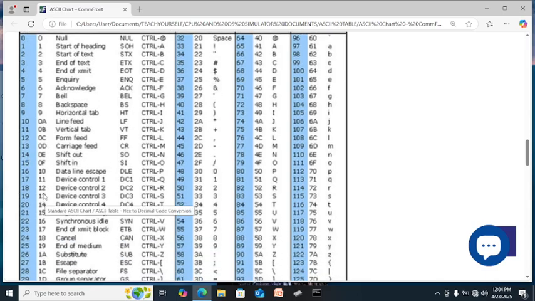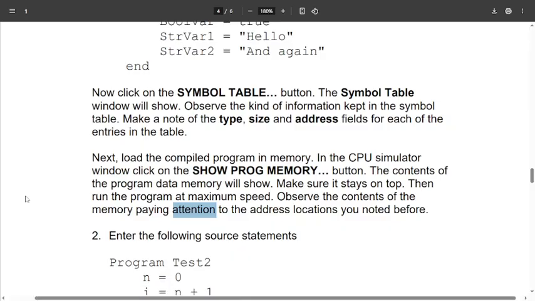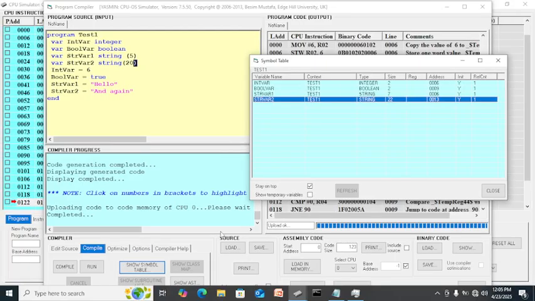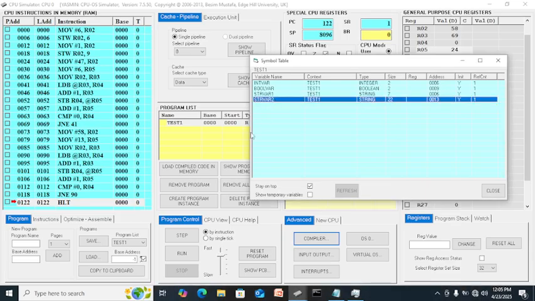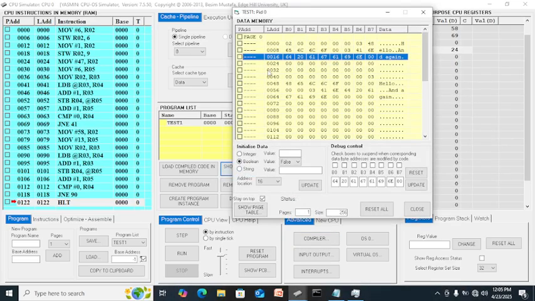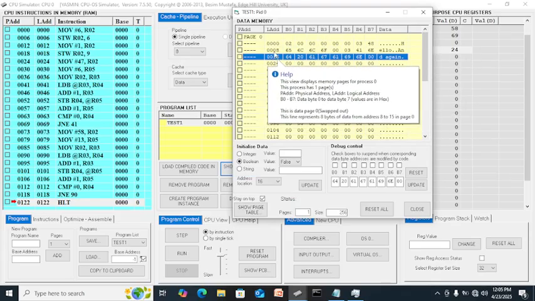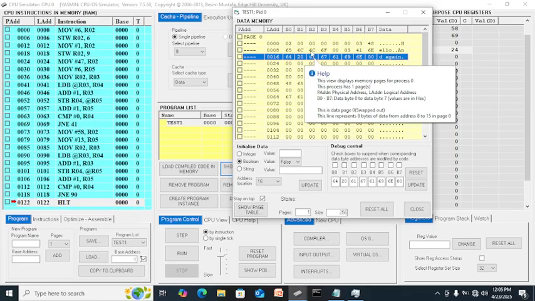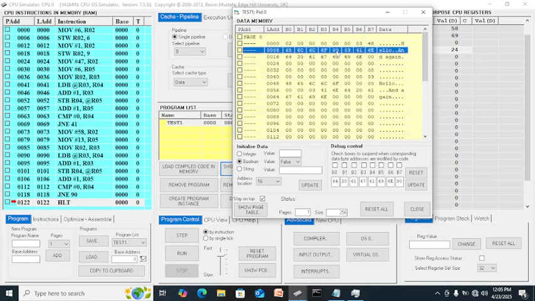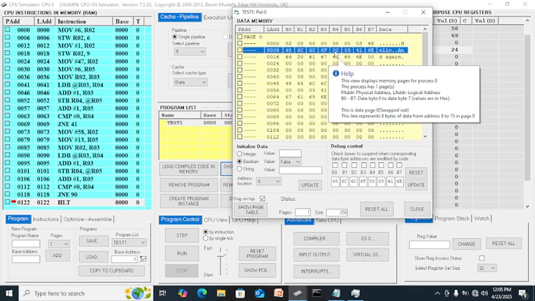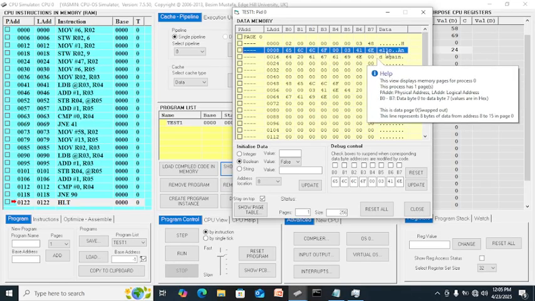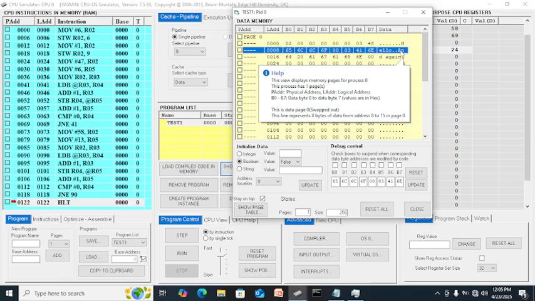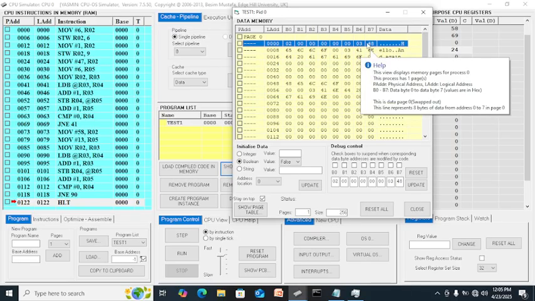This 13 is 19 in decimal. So in here there should be 13: 8, 9, 10, 11, 12, 13. Okay, so this is the one, start from A and this is the boolean.